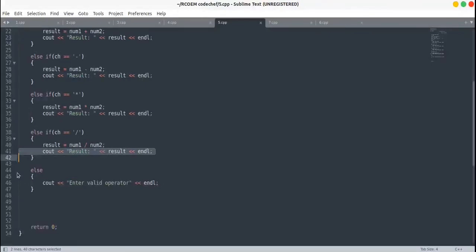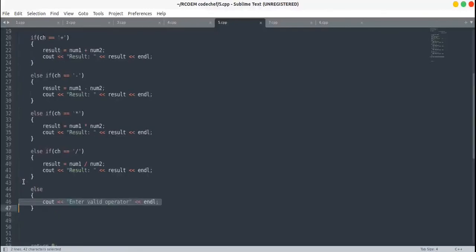And if ch operator is not satisfied with any of the above conditions, then we can say that ch is not a valid operator. So we will see out enter valid operator. Now let's run this code.